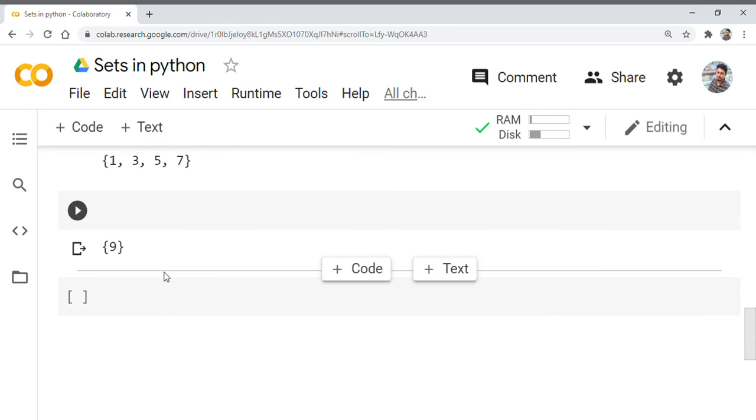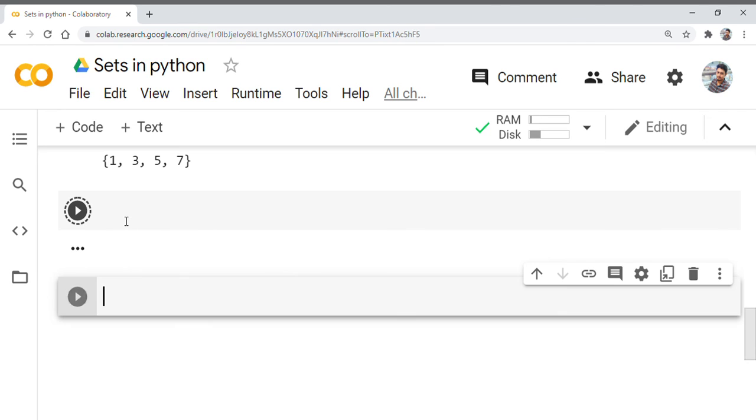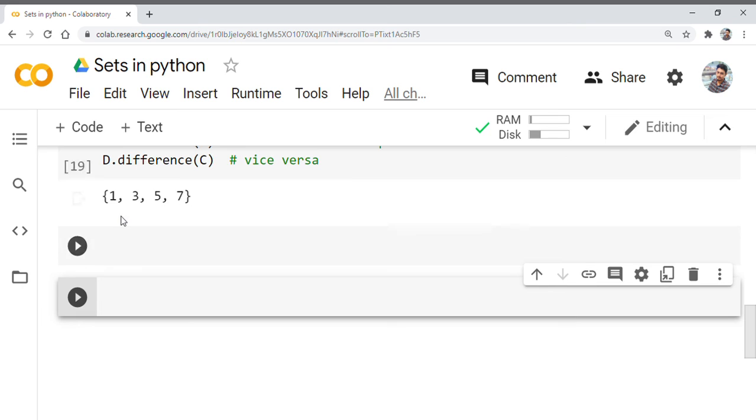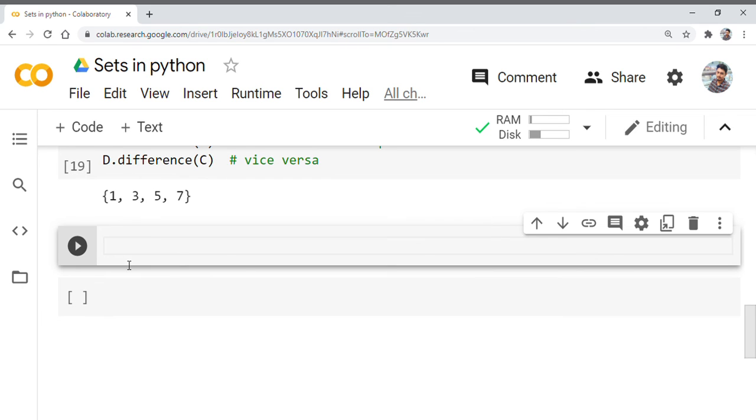So now the next operation in sets is union. Okay, we have studied the union of sets in mathematics. So similarly the concept is the same, but we will be doing it in coding. That's it.